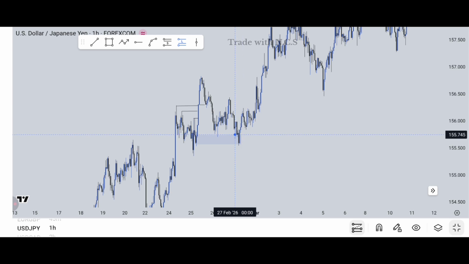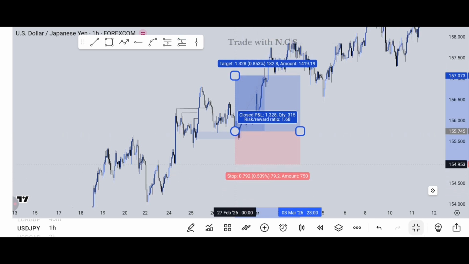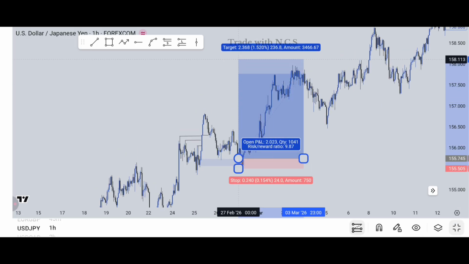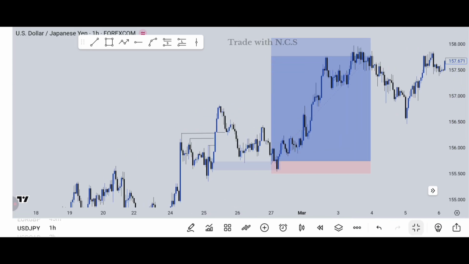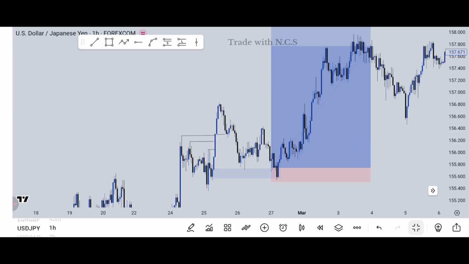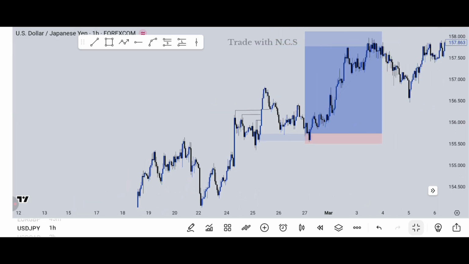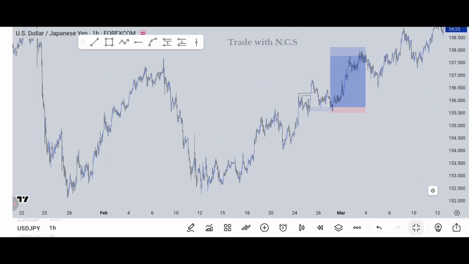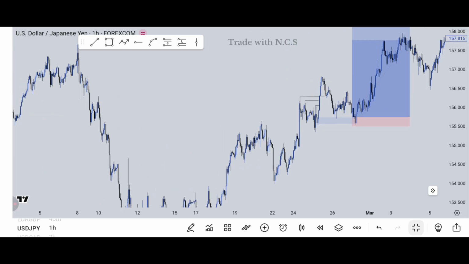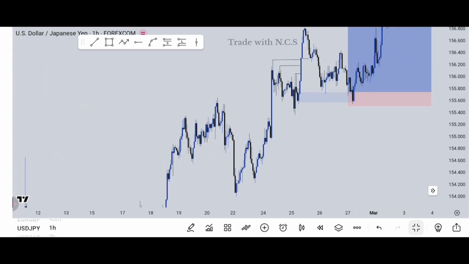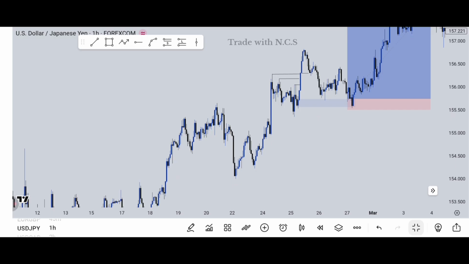So I'll be showing you how to do your top-down analysis down to entry, how to use this to find setups, how to use this thing to enter markets accurately. Before making use of this double breakout structure, you must align with the direction of the trend. You can't be taking double breakout structures in another direction when the market is going to another direction.